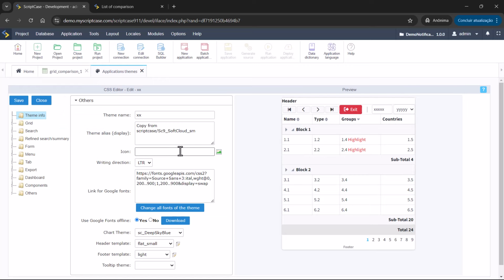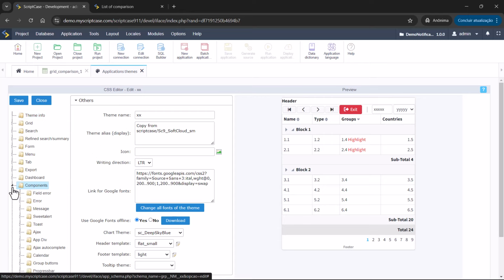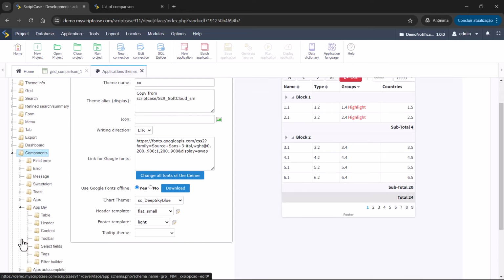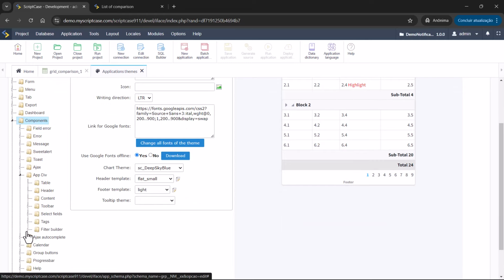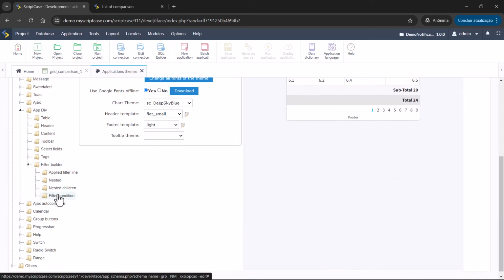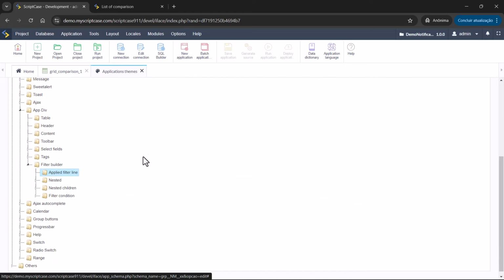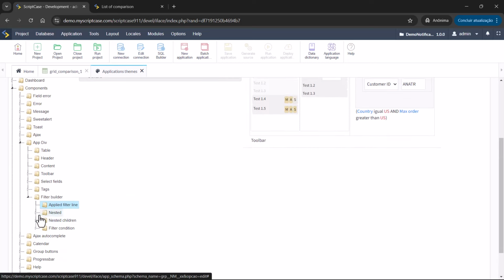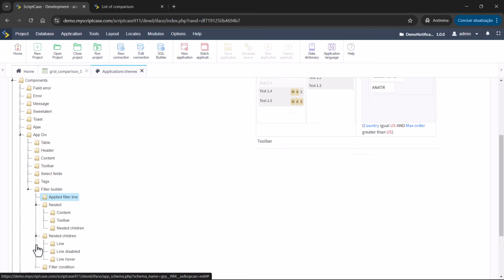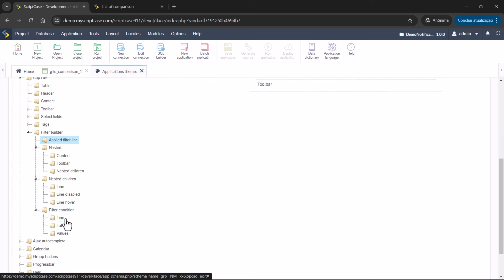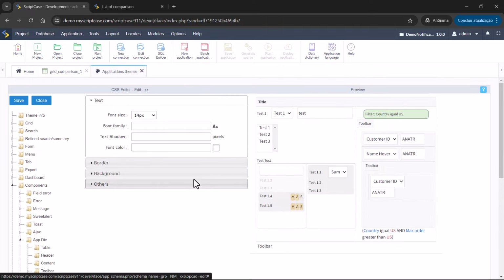So if you want to customize Filter Builder, you go here to Components, then app div, Filter Builder. So you have applied filter line, then you have nested children, and filter condition. Okay, so here you have basically the CSS file opened for you to edit just with clicks.